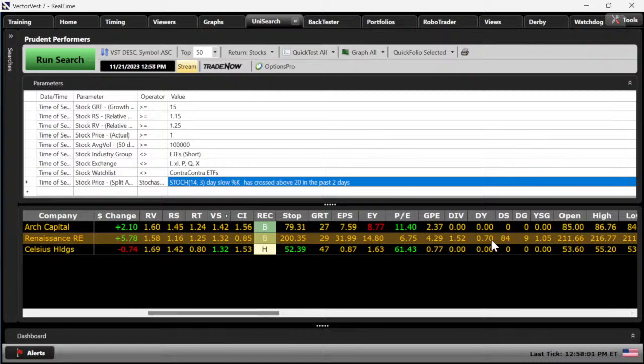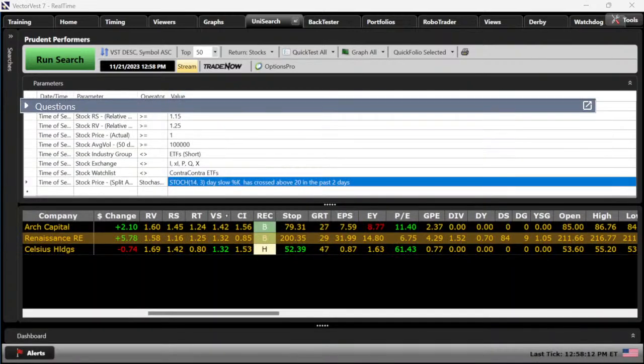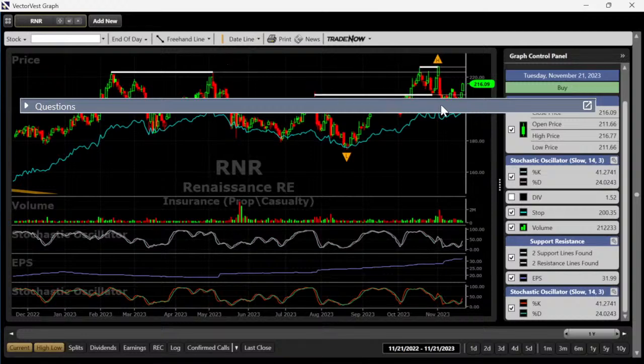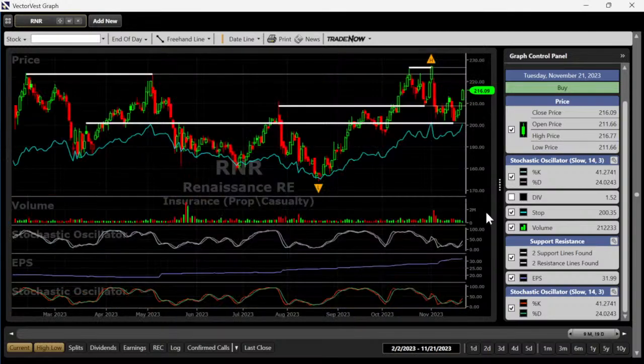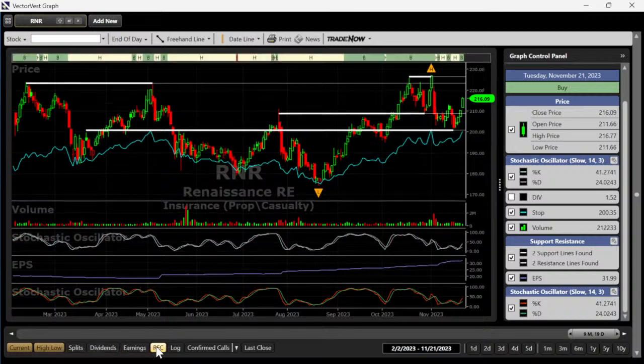They do pay a dividend, small, 0.75% dividend yield, but their earnings yield almost 15%. They're earning $32 a share, growing that at 29%. Great long-term investment. Price has struggled recently, hasn't it? So if this is a long-term investment for you, and you're looking at the last 9 months, you're frustrated.